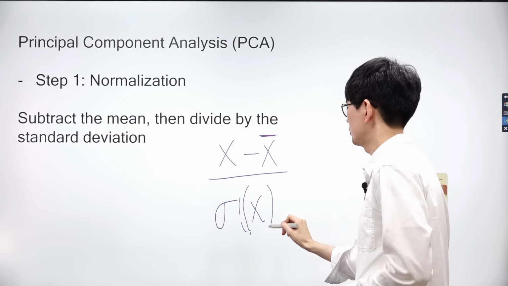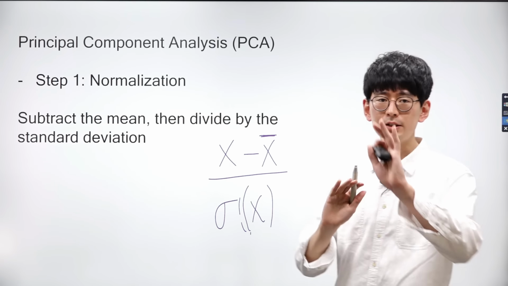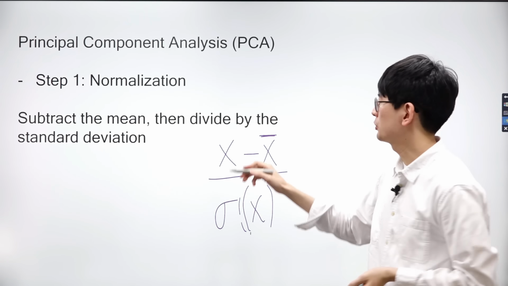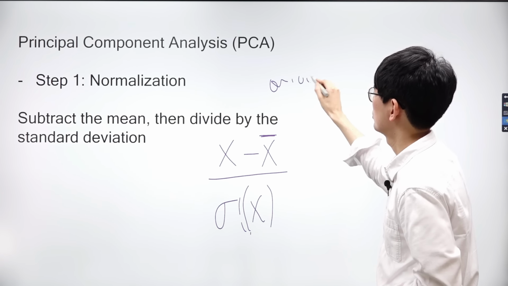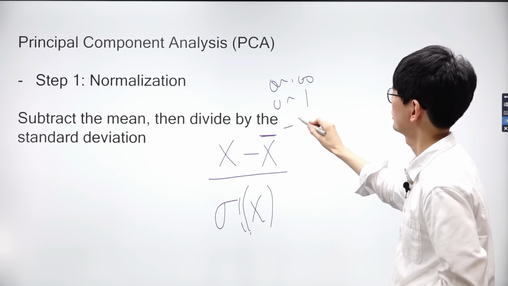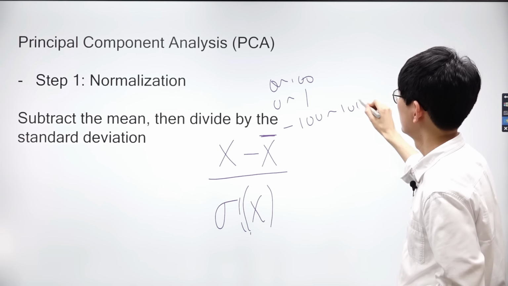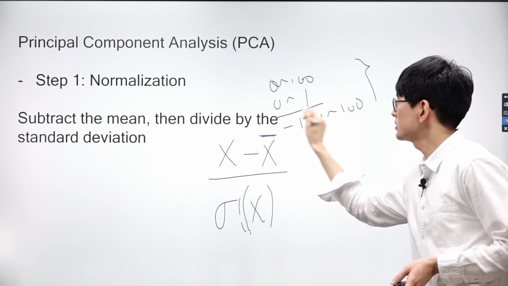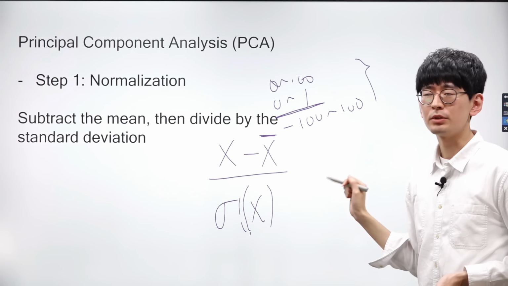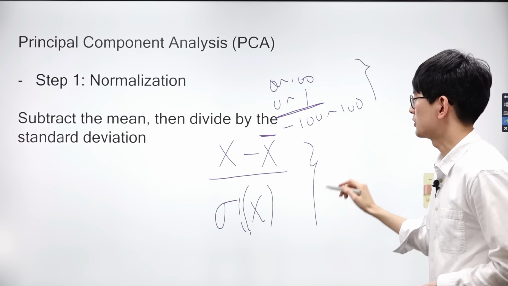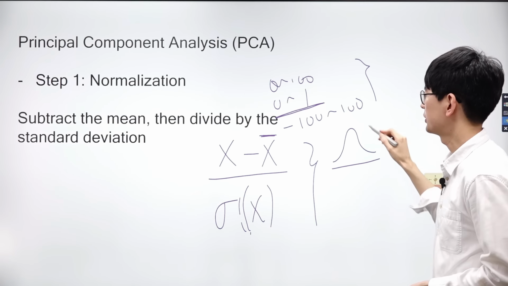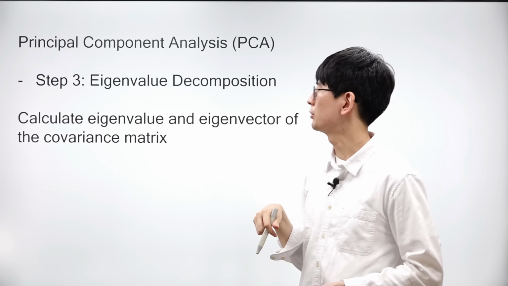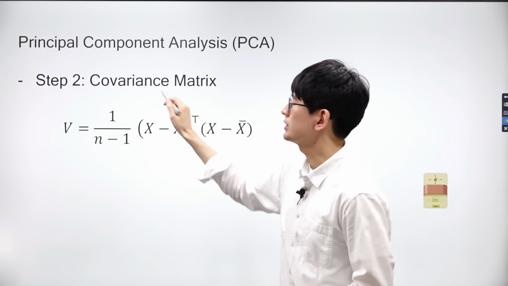Why do we need to normalize data? If we examine the dimensions of the data, we may find that some dimensions have a range between 0 and 100, while others might range between 0 and 1, or negative 100 to 100. However, some dimensions with a range between 0 and 1 might be more important than those with a wider range. Thus, by normalizing the data, we can standardize each dimension to have a range consistent with the standard normal distribution.